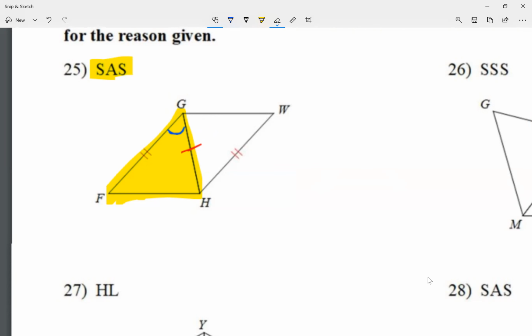So in this case, I cannot use just 1 letter because there's multiple corners at G. So you do have to use 3 letters for that angle. Remember, I'm looking at my triangles highlighted in yellow. My corner is G. So use all 3 letters of that triangle having G in the center. So I'm going to say F, G, H. So my angle FGH